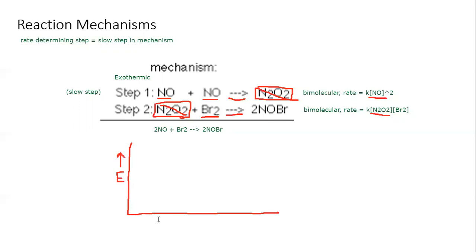And we have reaction progress on the x-axis. And so now we start with our reactants, which is 2NO plus Br2. So those are our reactants. The first step is the slow step, so it's going to have the highest activation energy. Then we come down, we form a reaction intermediate, and we go through the second step and then tumble down